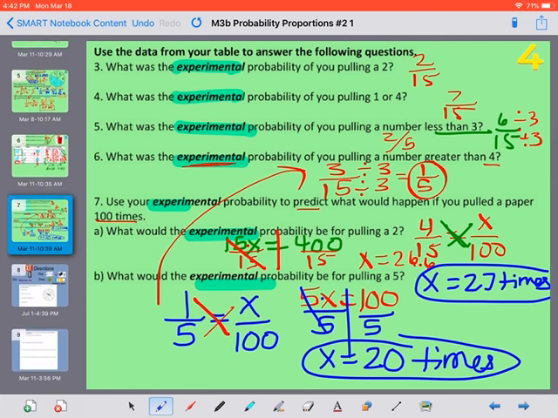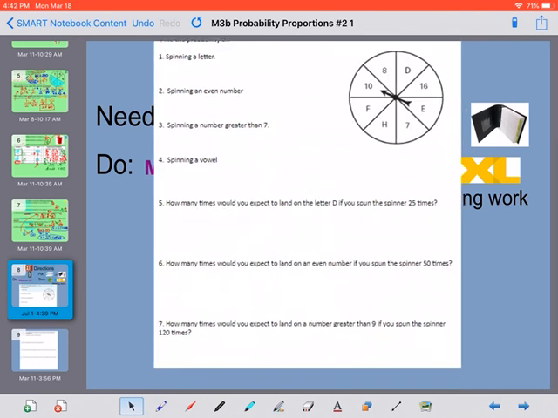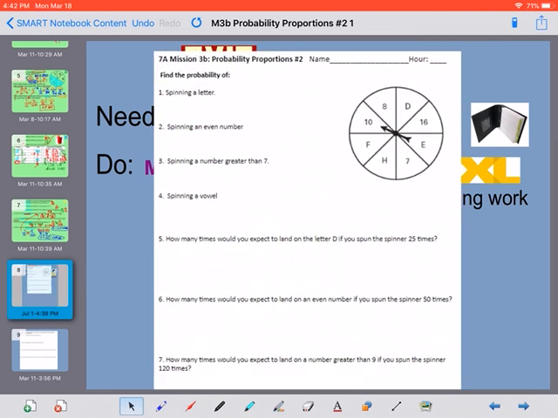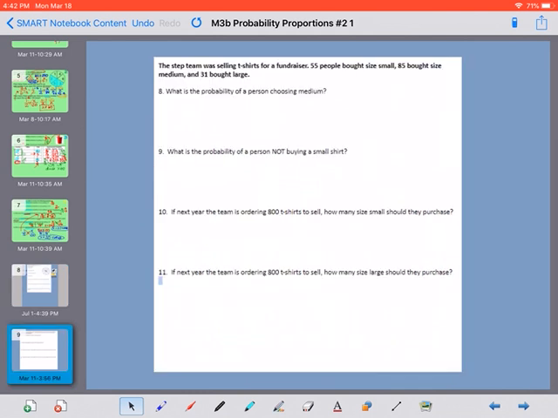All right, your homework is mission 3B. You are looking at the spinner for the whole front page. It's looking at the spinner, and the back side is looking at selling t-shirts. So you need to read the information up